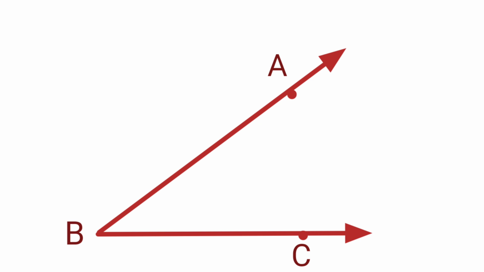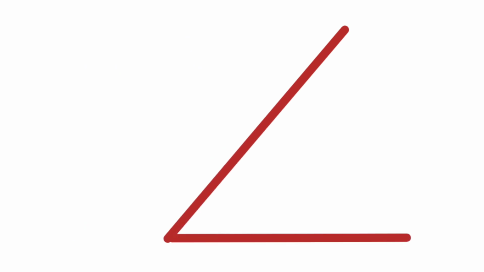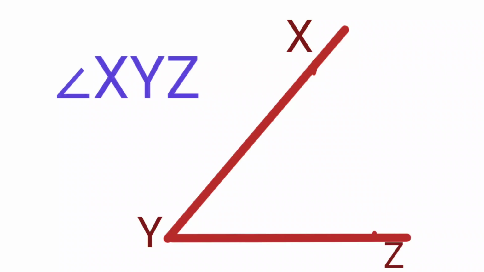And how can we denote an angle? An angle can be denoted like this. That is, we are reading this as angle ABC. Okay. Now let's consider an angle formed by two line segments. And let's name this angle as angle XYZ. And this can be denoted simply as angle XYZ. So this is how an angle is formed. An angle can be formed by either joining two line segments or by joining two rays. Okay. So that is all about angle.